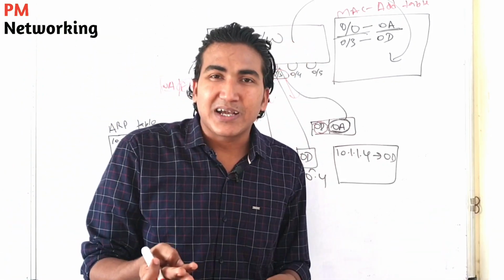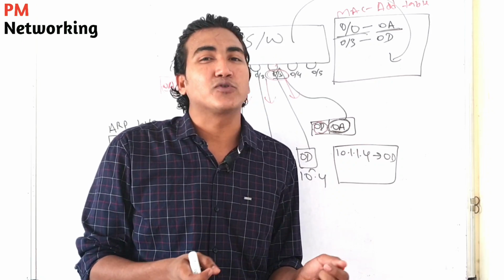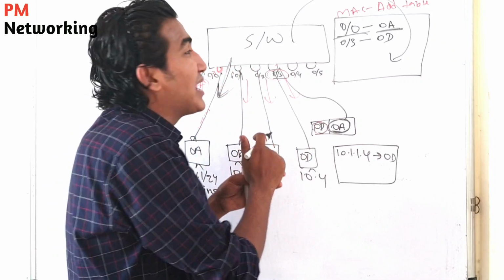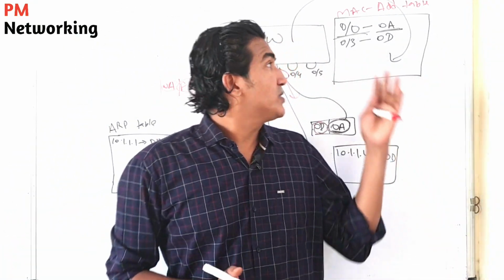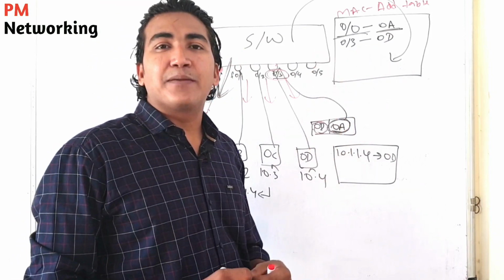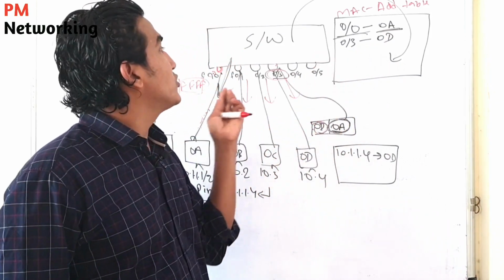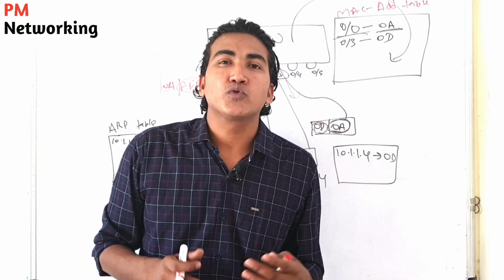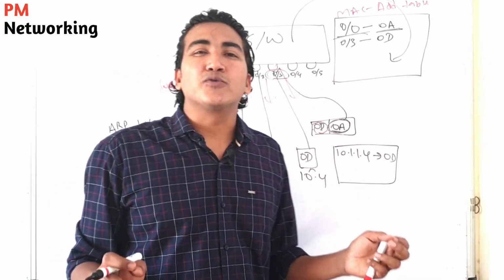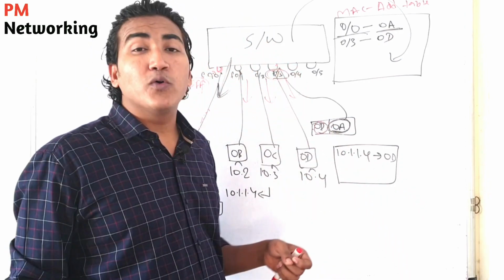Now guys, as you can see, the switch is doing unicast. A switch can do multicast, a switch can do broadcast, as well as unicast. So right now the switch is doing unicast. This is how the switch builds the MAC address table. So if there is no entry in its MAC address table and the switch receives traffic, what will the switch do? The switch will do broadcast. The first time, the switch always does broadcast to ask who is the destination.